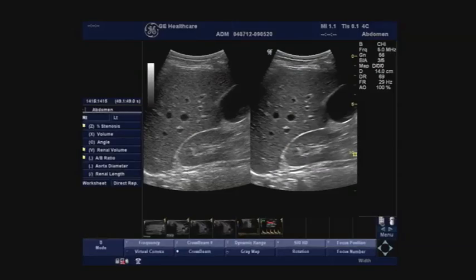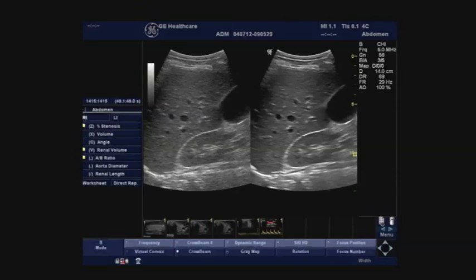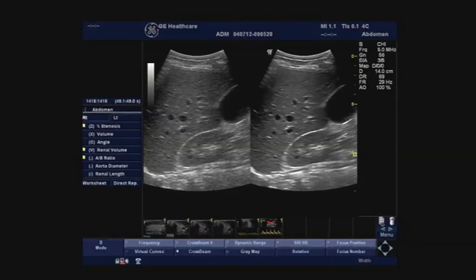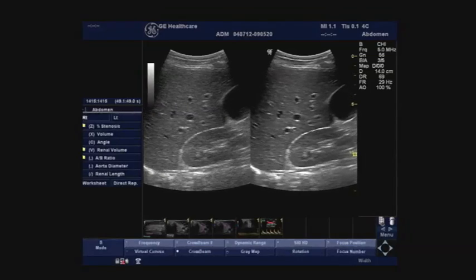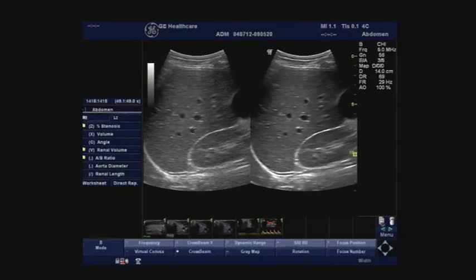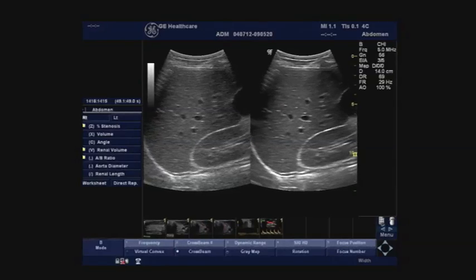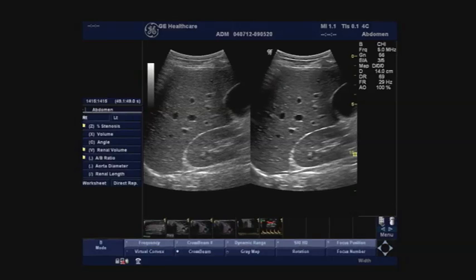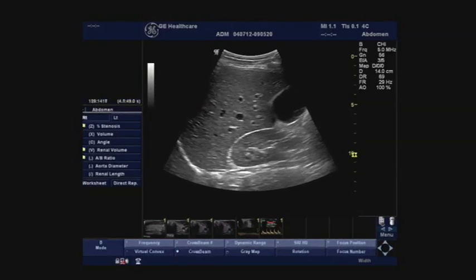And you can see from here, my left image is actually an unprocessed image with nothing on it. My image on the right is my SRI enhanced image. So it'll make you more comfortable with the levels that you are using, but also makes you realize that you're not actually losing anything, you're gaining a lot from using it. To come back into your single screen, press B mode knob just to come back to your single B mode